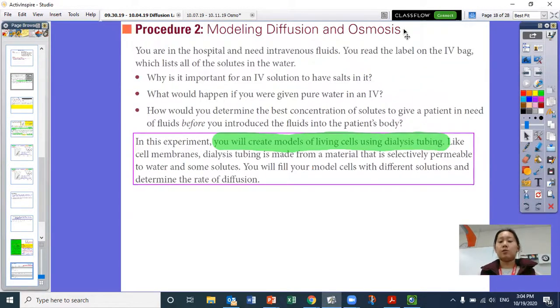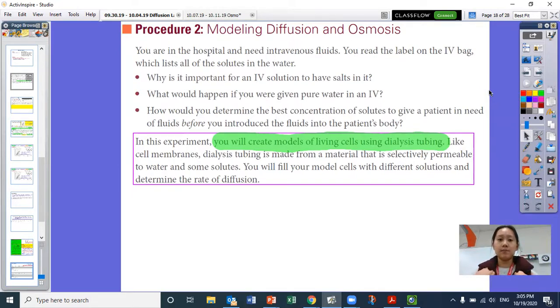If you are in the hospital and you need an IV, you read the label on the IV bag, which lists all of the solutes that are dissolved in a liquid. Why is it important for an IV solution to have salts in it? It's because your body has salts in it. If you put something into your body that does not match your body's salt level, if there's too much water in it or too much salt in it, the water is going to leave or enter your cells and cause them either to shrivel up and die or to burst and die. So the amount of salt in the IV fluid has to match the salt concentration